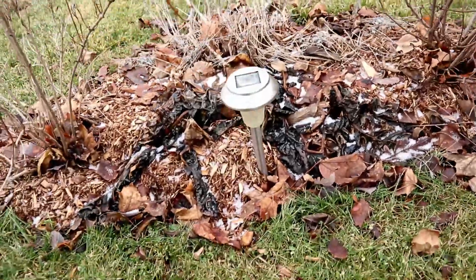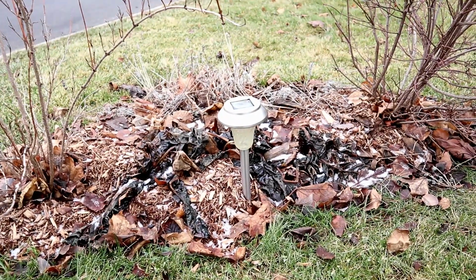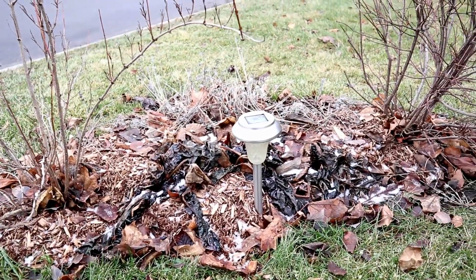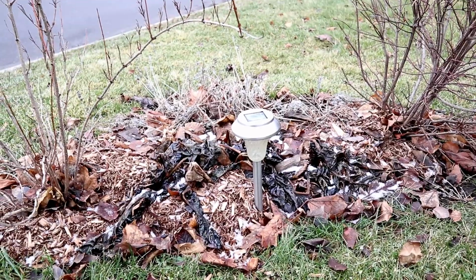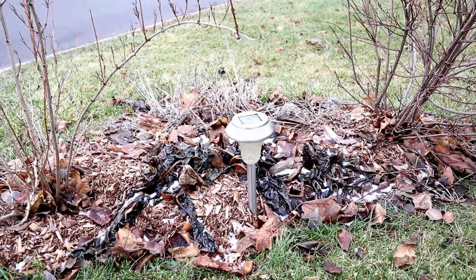Down in the middle here, we had planted some Swiss chard that I did from winter sowing seeds last year. That worked out really, really well. Added some beautiful color to the yard. So it was both edible and pretty, and it was really cool having the mix of both edible and decorative